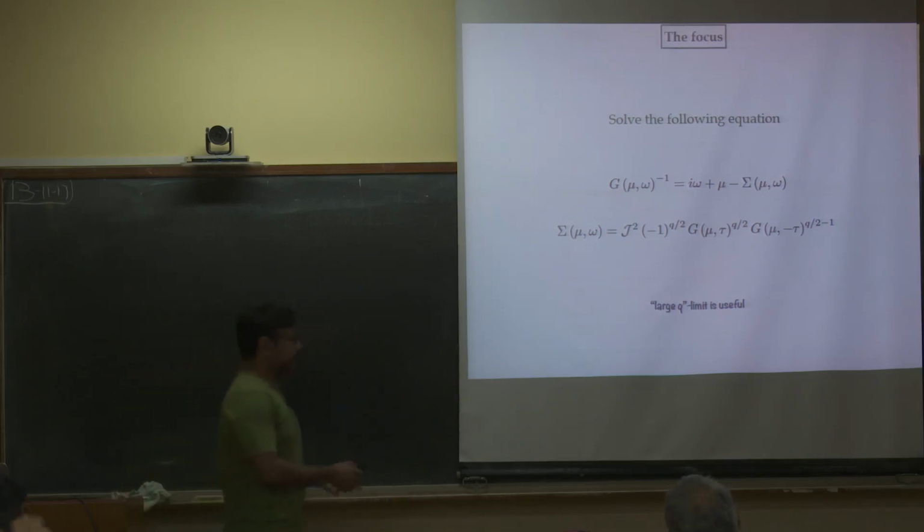So, what I am saying is that given these two equations, again this should be tau, one can actually solve this for any value of mu, any value of q, any value of j and whatnot. But those solutions usually turn out to be numerical. So, your approach, in order to solve these equations, you have to do numerics.